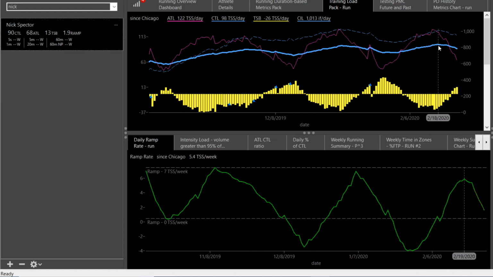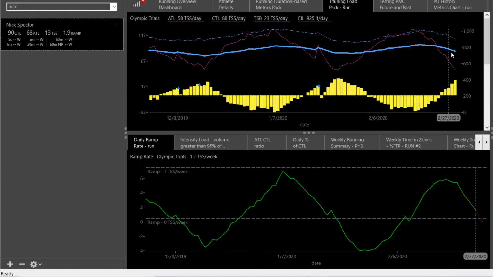So chronic training load is looking pretty good. Now we start a taper. So we have taper starting here. I'm going to switch over to this